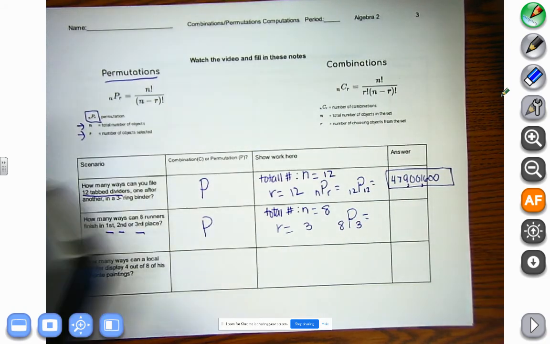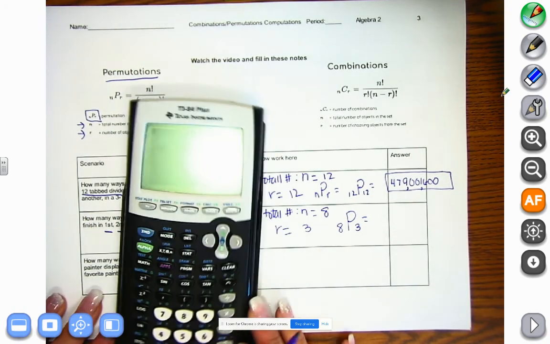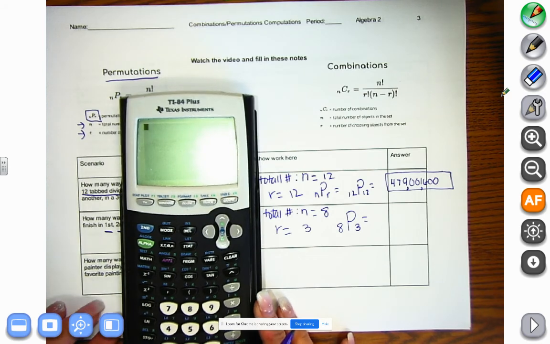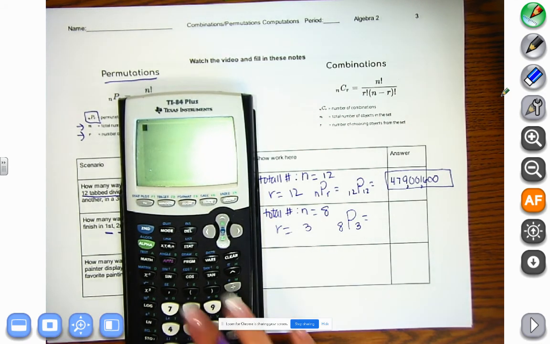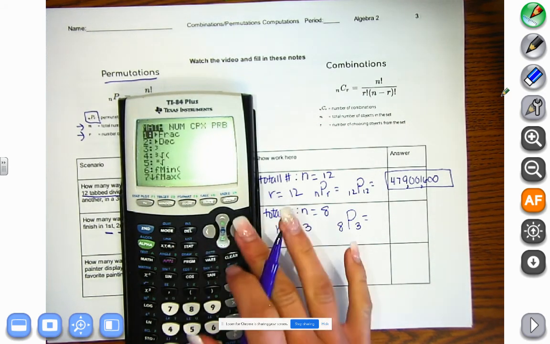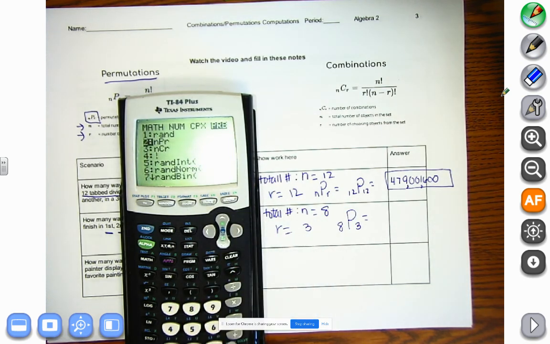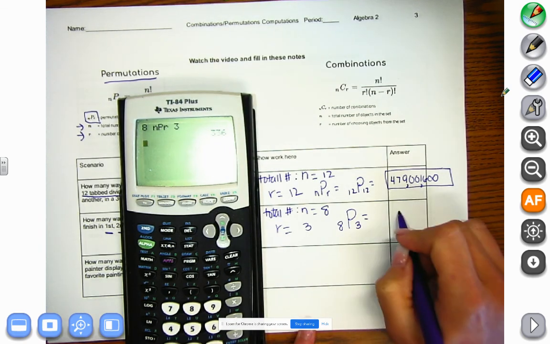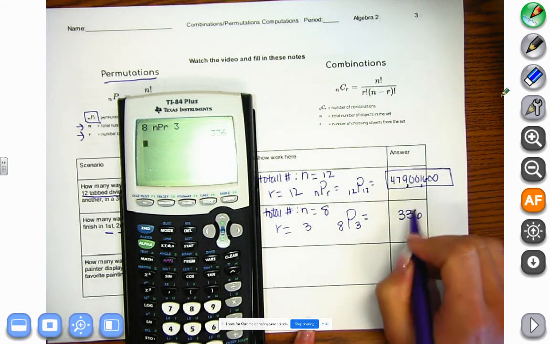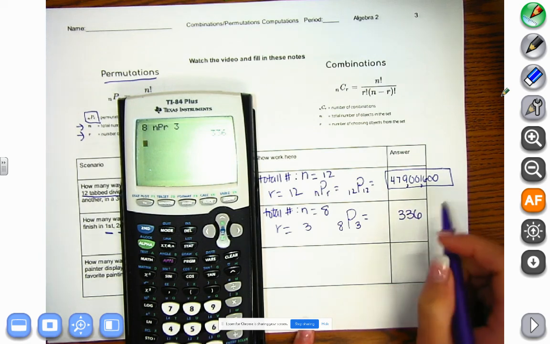So we have 8P3 as our formula, and again, we're going to use our calculator to answer this. We always do our n first, which is 8. Math key, scroll over to the probability, second option is permutation, and our r now is 3. We got 336 different ways that 8 runners can be placed in